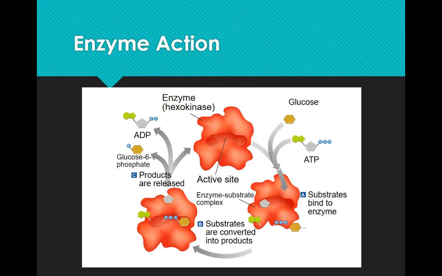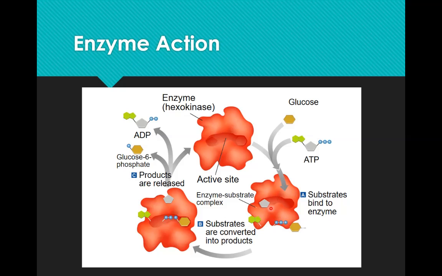So let's see this in action. If we take a look here, you've got your enzyme, and this particular enzyme we're looking at is hexokinase, and you can see here is that active site where we're going to bind to the substrates. So our reactants in this case are glucose and ATP, but we're going to call those substrates, because they're in an enzyme catalyzed reaction. So the substrates are going to go here and attach to the active site of the enzyme. And this is where the chemical reaction is going to occur.